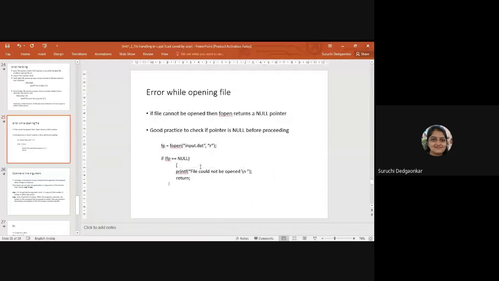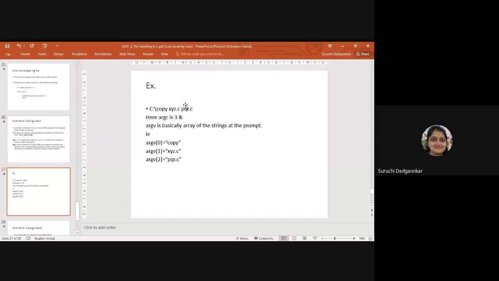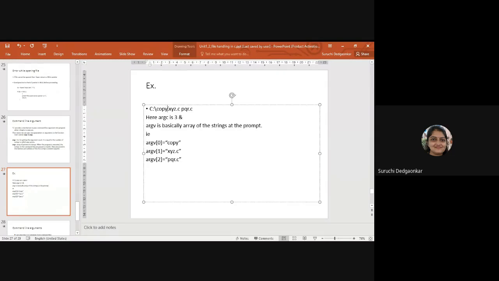So what is this concept? We'll go to the example. Suppose I have written a program, copy. This is my executable file. This copy is nothing but my executable file. And these are the two inputs which I am passing: xyz.c, pqr.c.